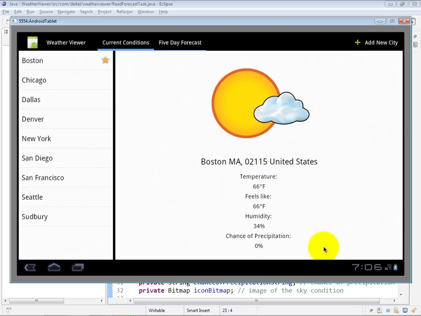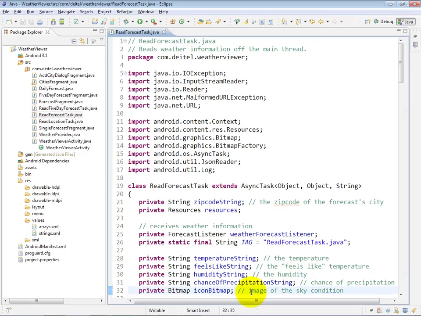And it turns out that what we're doing here is using the hourly forecast information from the WeatherBug web services, and we're just using the first of the hourly forecast values that comes back, which is the closest to the current time. So if we go back over here to our ReadForecastTask class, you can see a number of import declarations,